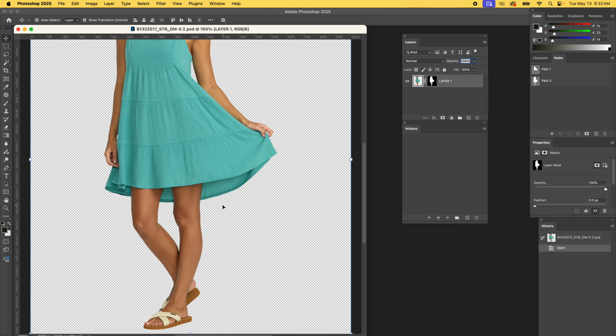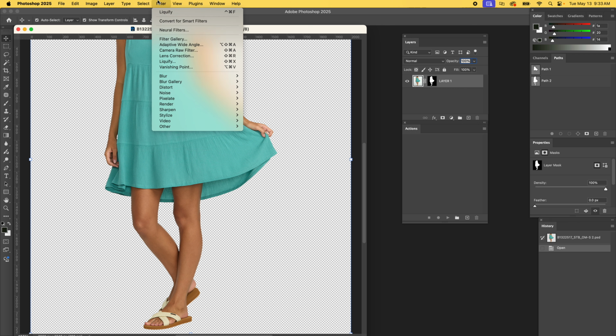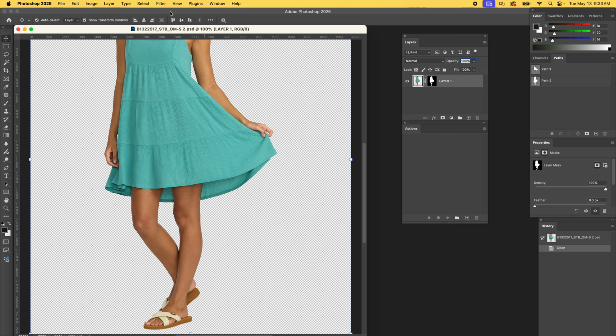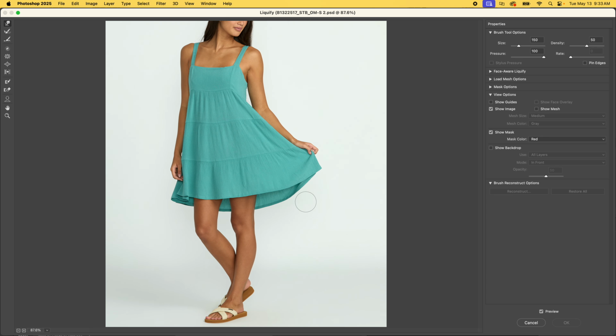All right, here we are in Adobe Photoshop, and I'm going to show you how to make your layer mask match your image after you liquify it. Pretty technical, not the easiest thing, but you're going to be able to do it like a pro in a second. Ready? I'm going to go to Liquify under Filter,